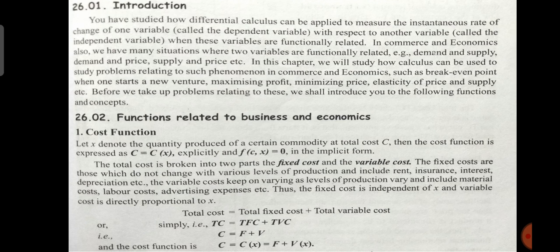The fixed costs do not change with various levels of production, for example rent, insurance, interest, depreciation, etc. These terms do not vary with the level of production. The variable cost keeps varying with the level of production,